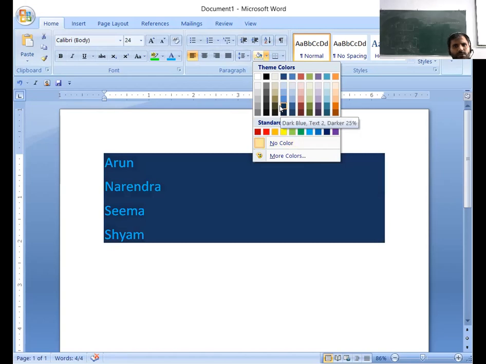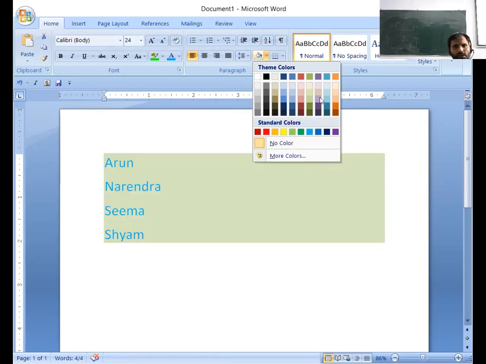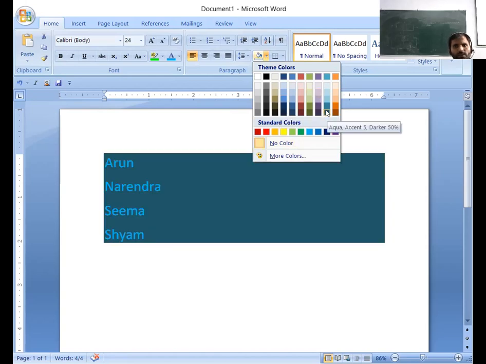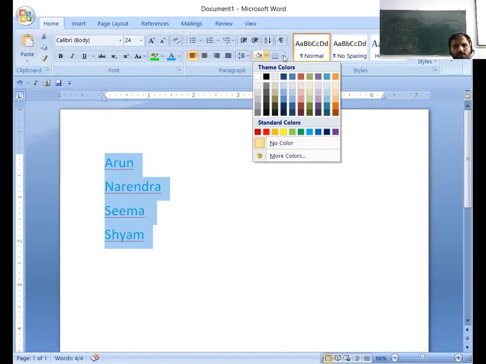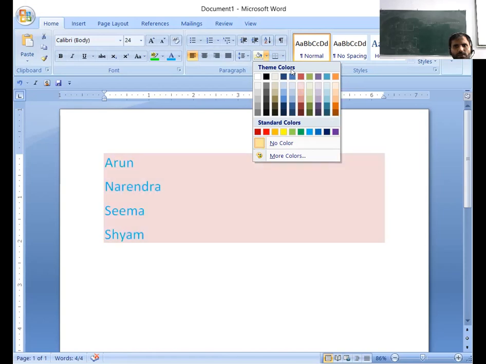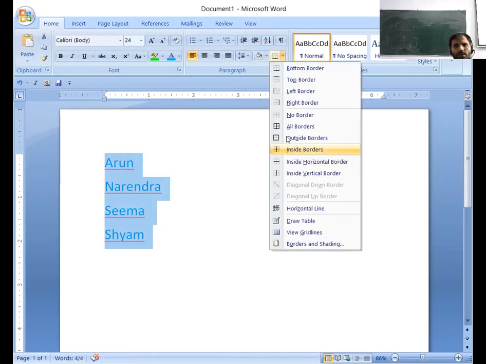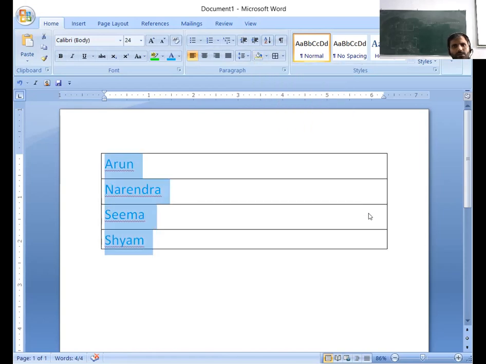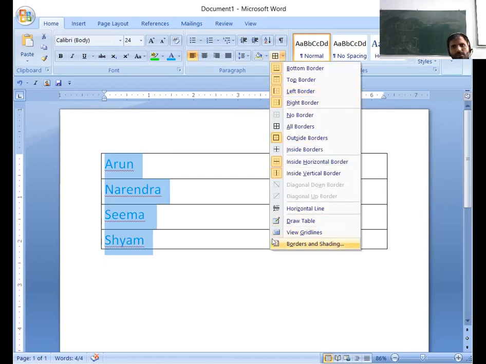And using this option, you can set a color for your typed paragraph. And using this, I set some border to the paragraph.